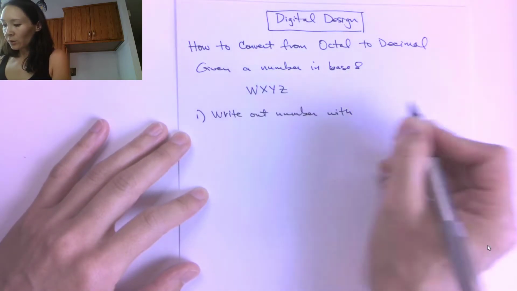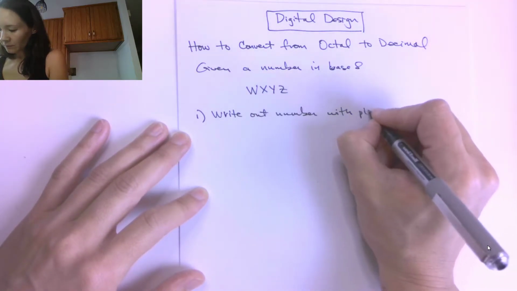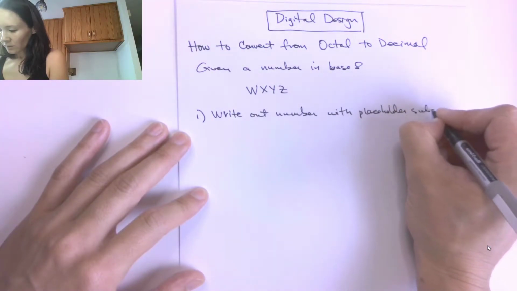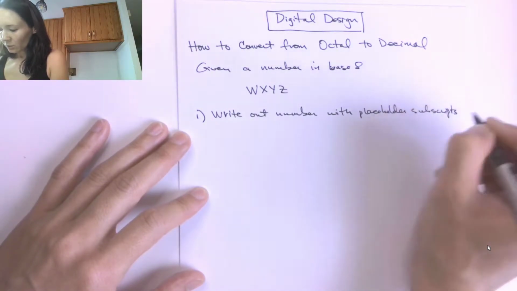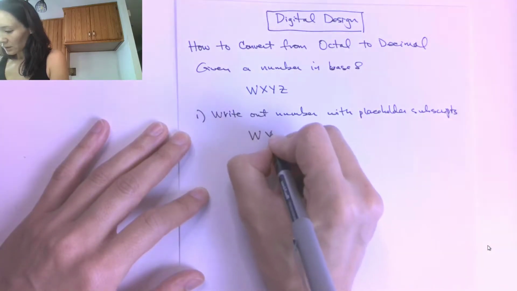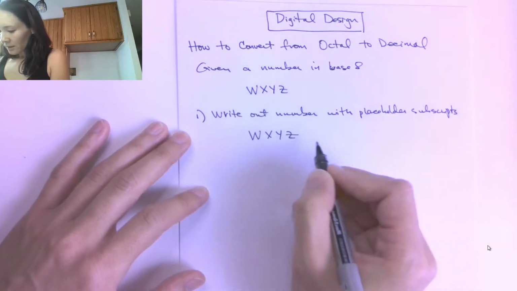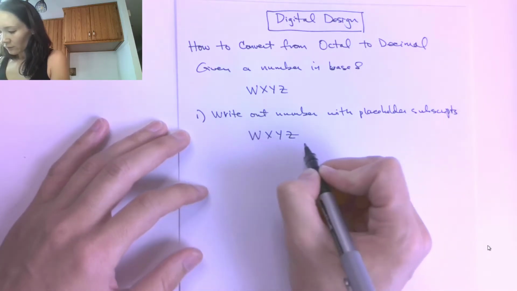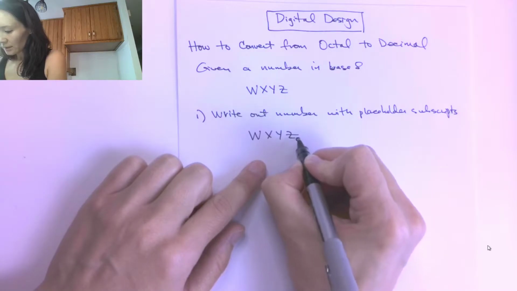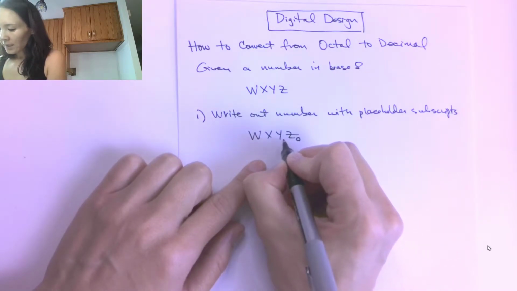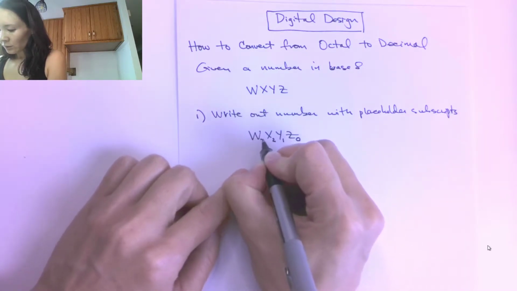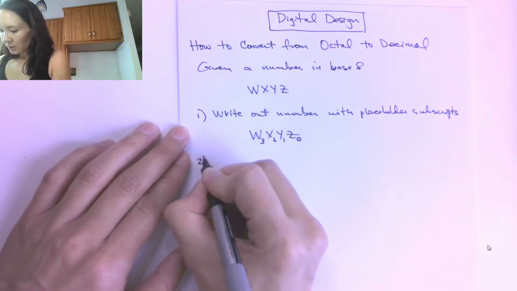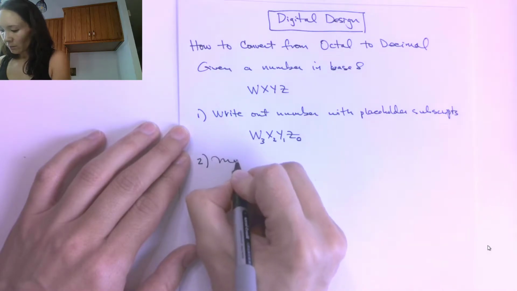with placeholder subscripts. And what do I mean by that? If these are the digits of our octal number, a subscript is going to be a number just right at the foot of each of these digits, and we're going to start at 0, and we're going to get bigger as we move to the left. Great, so then our step 2 is we're going to multiply